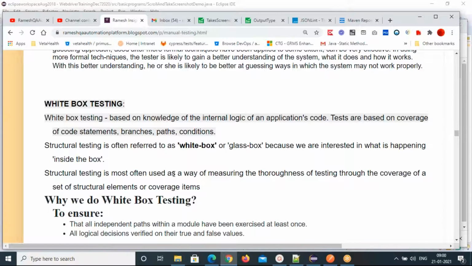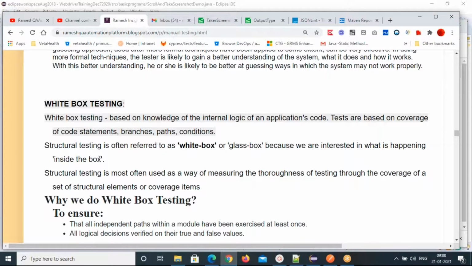In black box testing, you concentrate only on the requirements that you can see on the UI, and if you do an action on the UI, you can see the behavior on the UI page. But in white box testing, you cannot see everything. It is inside the box. How can you test this? You should have knowledge of programming languages.